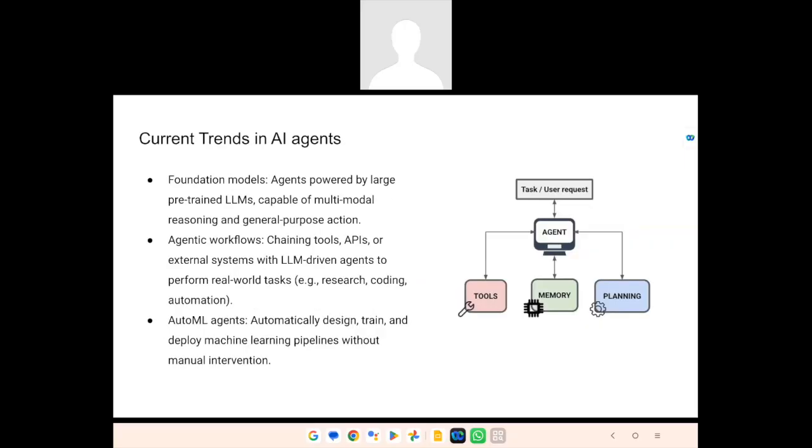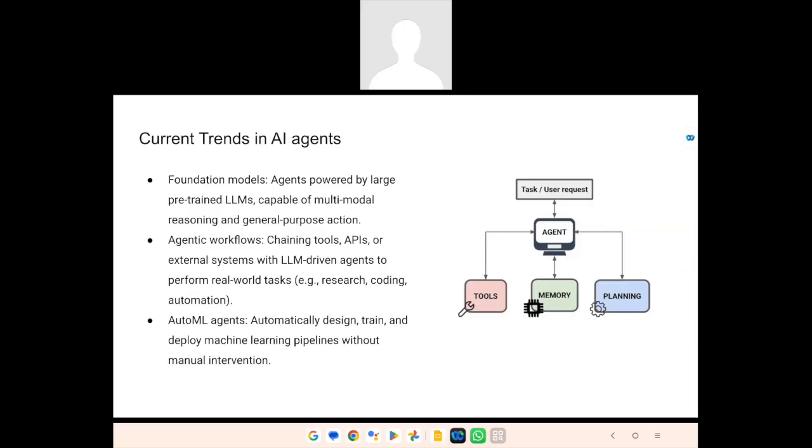And what are the current trends in AI agents? So far, whatever I have discussed, I have given a very broad framework of what agents are and how software-based AI agents get in. And right now, the AI agent that we are working on, as an industrial professional, what we work on in Walmart or any other concern, how they typically work is they have this kind of flow chart, which you can see here.